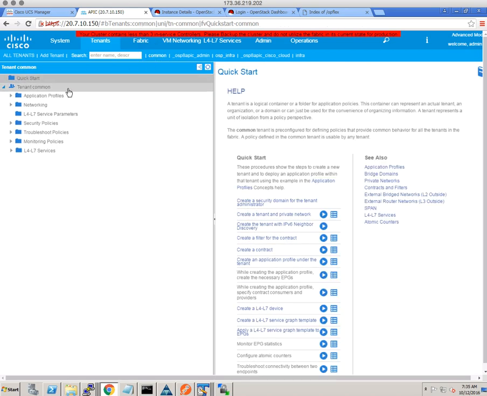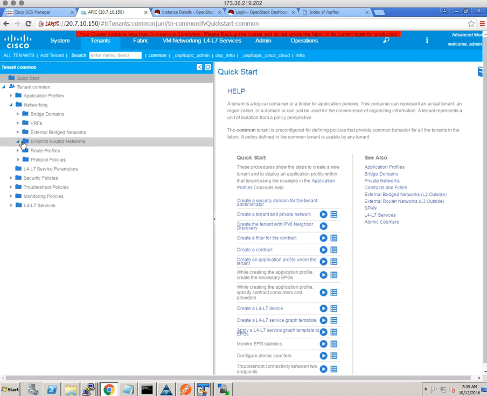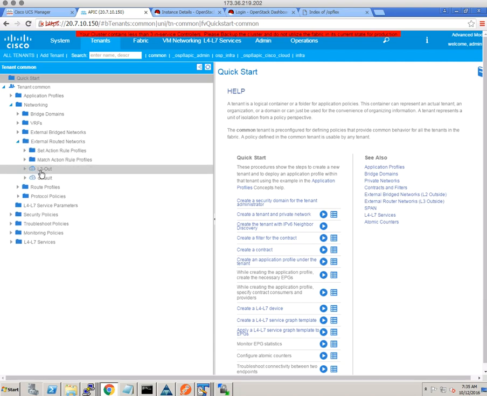So common tenant, actually, this is the place where we configure L3 out, which is external routing network. So L3 out is again independent of OpenStack. You can configure it many ways. There are a bunch of documentation out there. You can configure it using OSPF, EIGRP, or static routing, depending on what kind of setup you have. And again, it's independent. It has to be pre-configured and tested, making sure that L3 out is working, because once